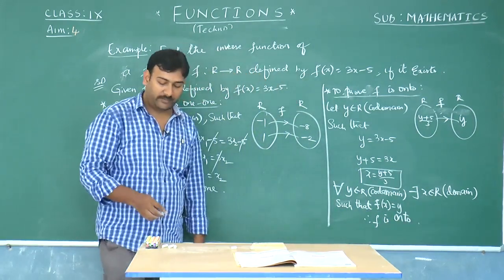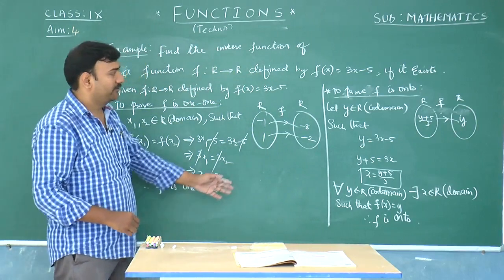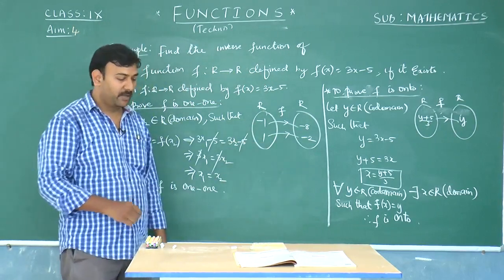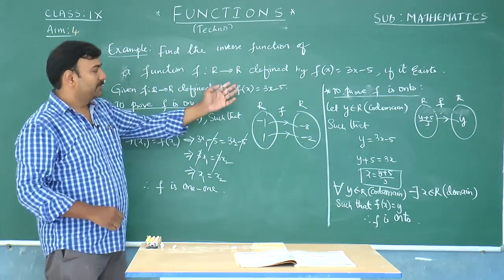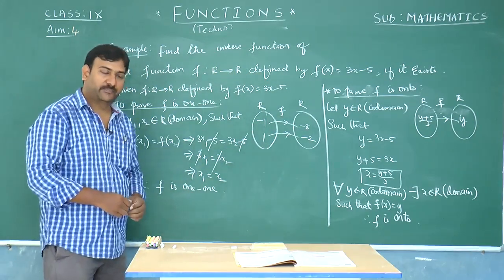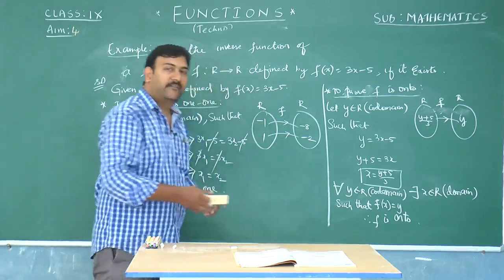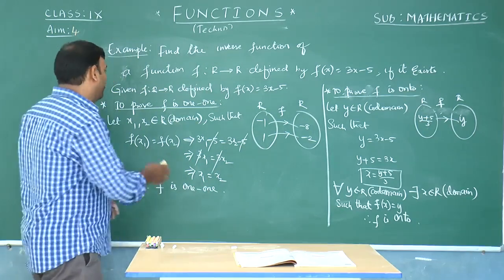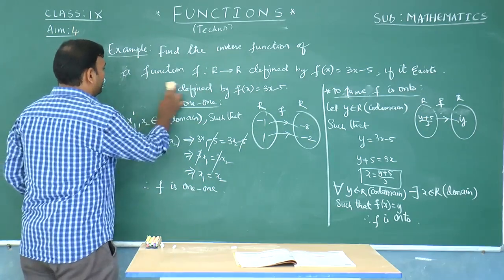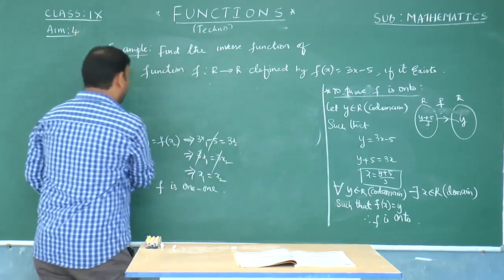So far, we have seen that f is a one-to-one function, and we have also checked whether it is onto or not. What we confirmed is that in this particular problem, f is one-to-one and f is onto. Because f is one-to-one and onto, we can say that f is a bijection. Because f is a bijection, the inverse function exists. So here finally I can say